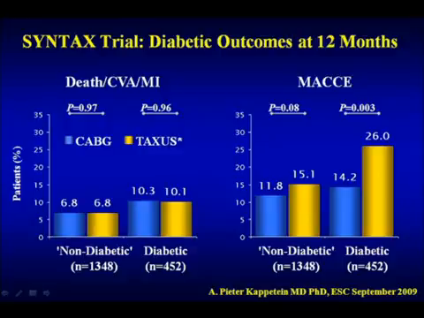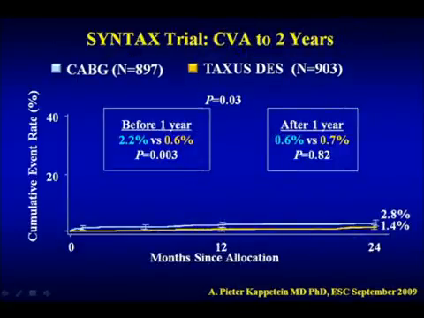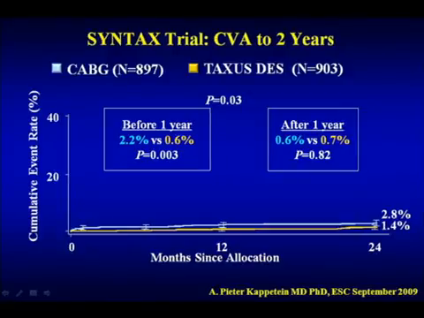Now, of course, for the diabetic patients, we found similar data at 1 year. Now they presented, as I mentioned, the 2 year data, and the death rate. You can see that at 1 year it was 3.5 and 4.4. Additionally, 1.5 and 1.9 respectively, and therefore at 2 years the death rate still favors the CABG group, by 1.3 higher death rate compared to TAXUS DES. Now, as far as the CVA, the PCI continued to be superior. As you can see here, the p-value still remains 0.03 with a 1.4% lower CVA in the